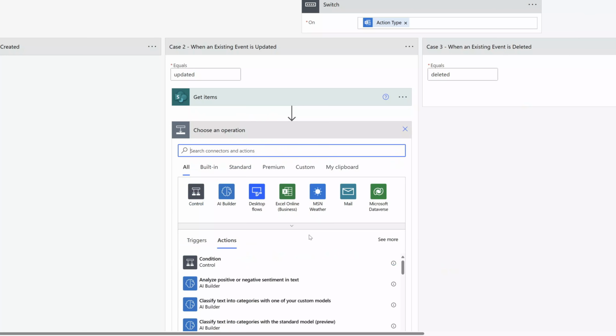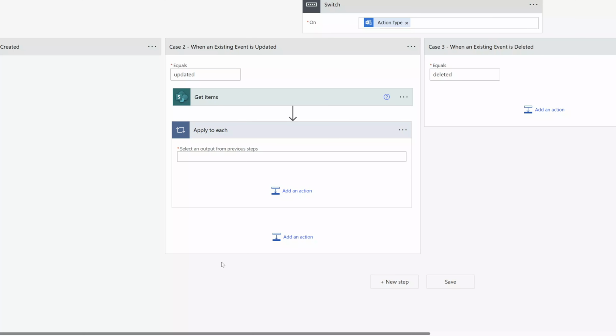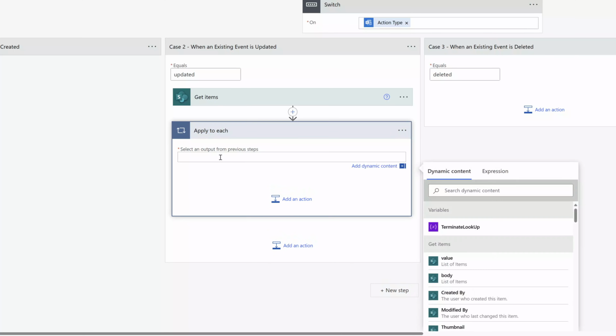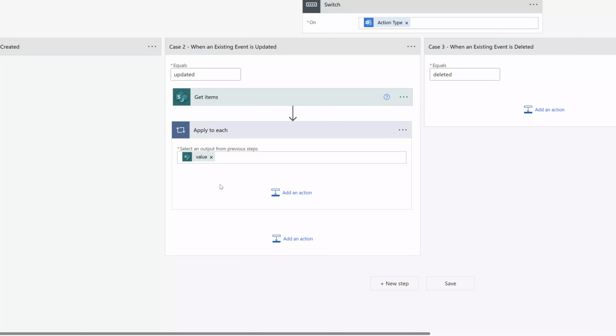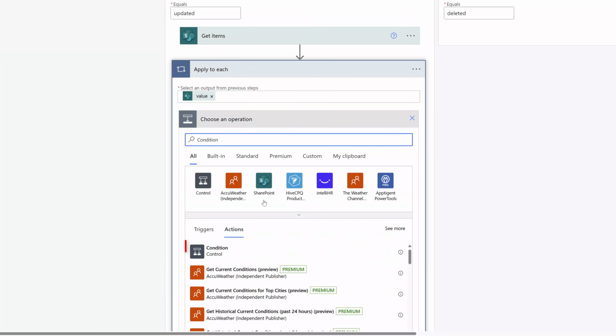Next, you want to click on the add an action button. And in the choose an operation field, you want to search for the apply to each action. Next, you want to select this action here. And in the select an output from previous steps field, you want to select the value attribute from the get items action. Next, you want to click on add an action in the apply to each action. And in the choose an operation field, you want to search for the condition control. And you want to select this